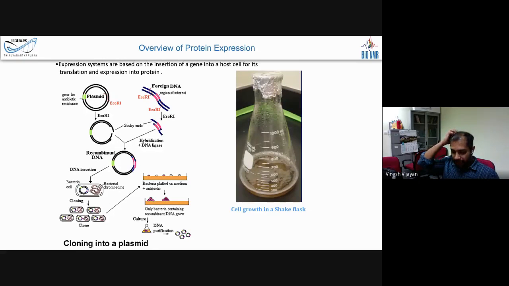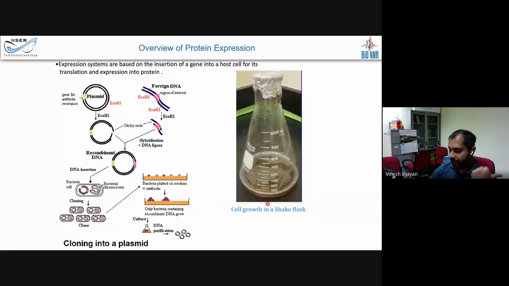What we need is a protein of interest and the DNA sequence of that. Then we clone this into a vector, use a suitable plasmid, and recombine. We then put it into a bacterial cell and make it express the protein. Okay. So the bacterial cell will express the protein. Now what we do generally, this is where